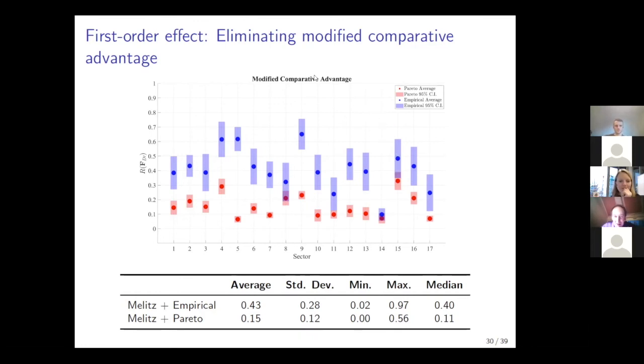There was a question in the chat by Mahdi. I'm trying to see the chat. No, I can read it for you. He likes the paper very much, of course. He basically asked whether, since you focused on manufacturing, it would also be possible to do this for services trade. I mean, it should be, because you basically need trade share data, right? Yeah,